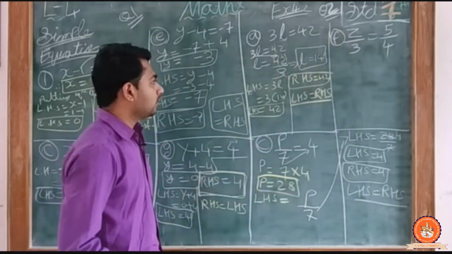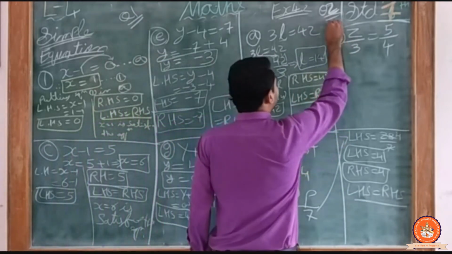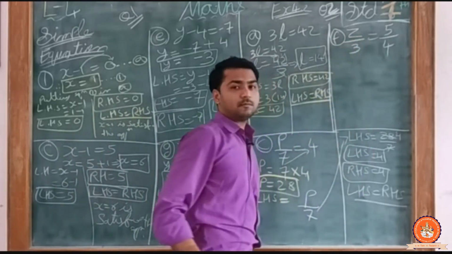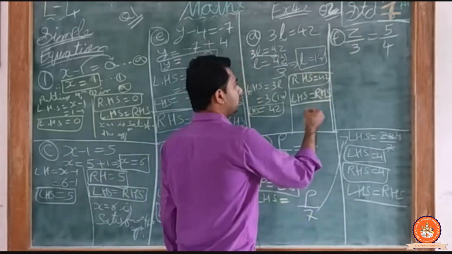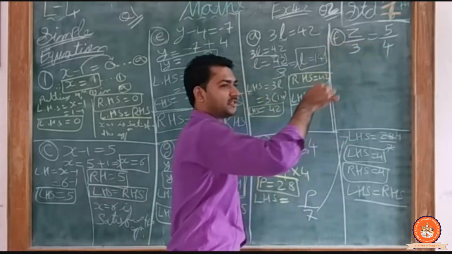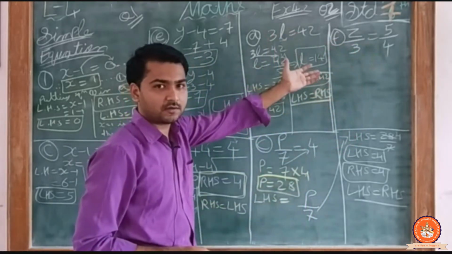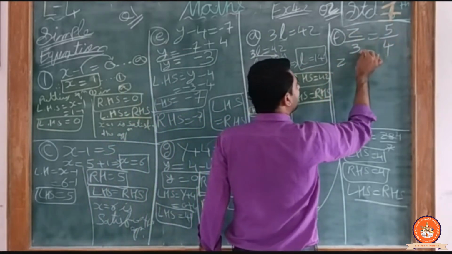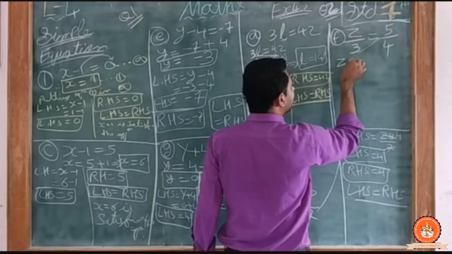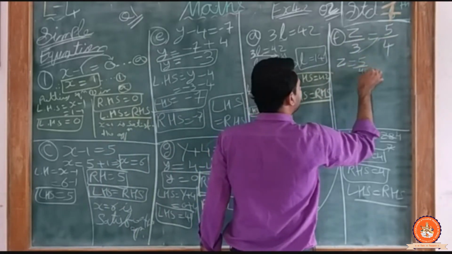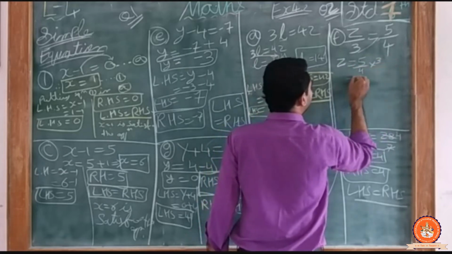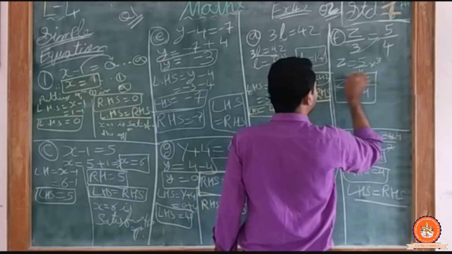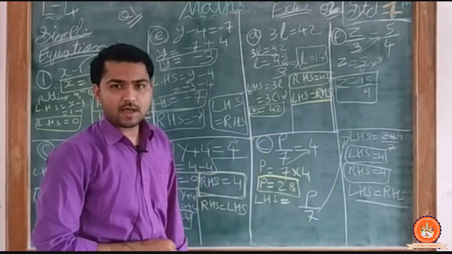F पे आएंगे तो F किससे करना है हमें? See here. Now here I want my variable alone. So as I told you, taking the values which is in with subject, I will take on the right side. So z इक्वल टू 3 कहाँ पे चला जाएगा? राइट साइड चला जाएगा इक्वल टू के. तो डिवाइड में तो क्या हो जाएगा? मल्टीप्लाई हो जाएगा. तो z एज इट इज 5 by 4 as it is, multiply by 3. Okay, so it become 5 3 is 15 divide by 4. So I get the value of z is equal to 15 by 4.